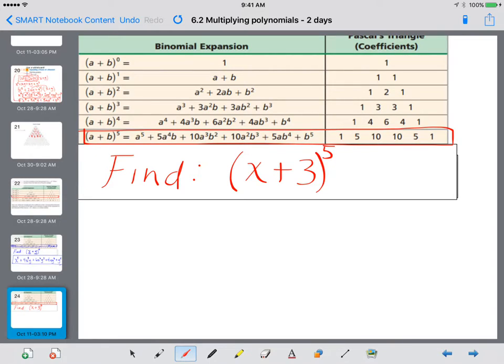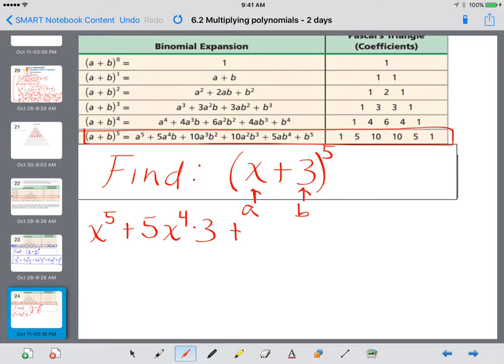Well, we're going to view it the same, but in for x, that's like where my a is, and the 3 is where the b is. So to start off, I've got a to the fifth. Well, that's going to be where x to the fifth goes. And I'm going to need to start a little higher. So let's go x to the fifth plus, we have 5, that's the first coefficient. X is going to drop down, so it's going to be x to the fourth times b, which is 3,